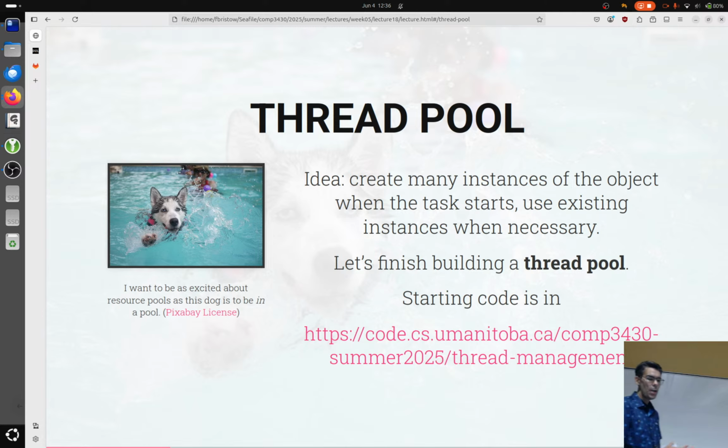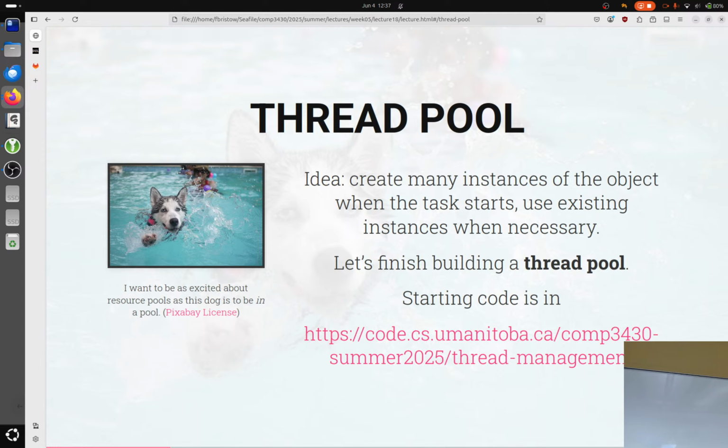The design pattern that we're working with here is a resource pool. It's a resource management pool. And if you are thinking about the kinds of design patterns, this is a creational pattern. This is one that's used when we're creating objects and getting instances of objects as their life goes on. So I want to spend some time with the thread pool code that we had at the end